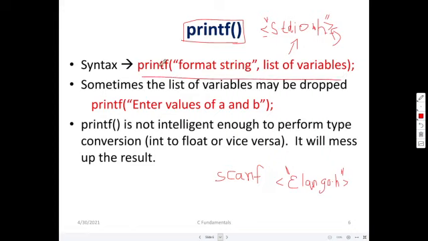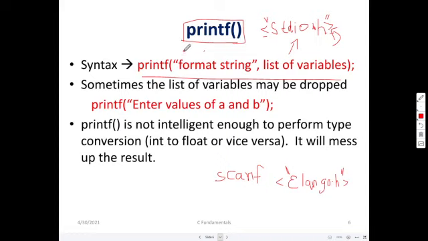Printf has a function name called printf. Within the parentheses we have double quotes, and inside this we have a format string. Anything can be written here, and whatever is written here will get printed.